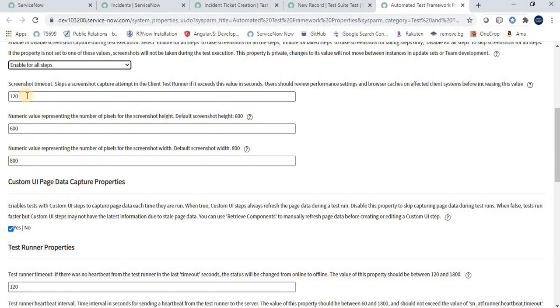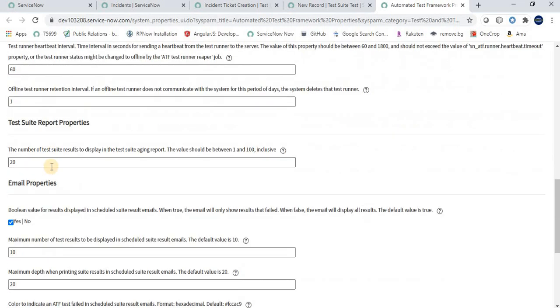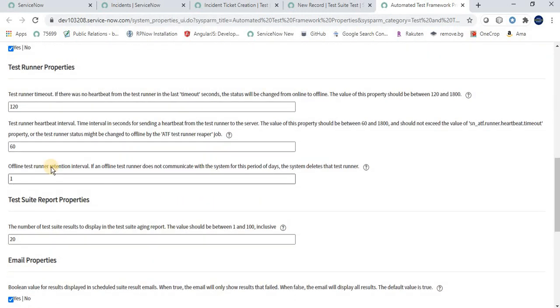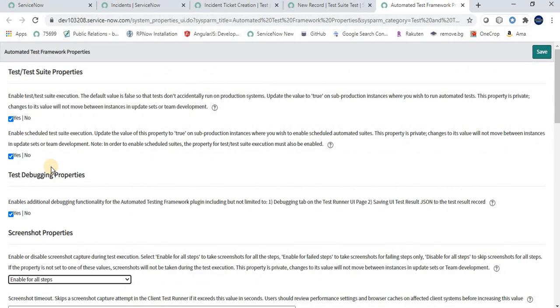If you have any problem or any doubt, feel free to mention it in the comment box. I will answer all those queries. We have other properties as well, and whenever we move from basic to advanced, we will be using those properties too, because as we know, the automated test framework is basically used for testing forms and catalogs, and it is also used to perform unit testing through the Jasmine framework. There are lots of other scenarios, like we can also perform automation testing for inbound REST. So there are lots of things where we can perform automation testing through the automated test framework.